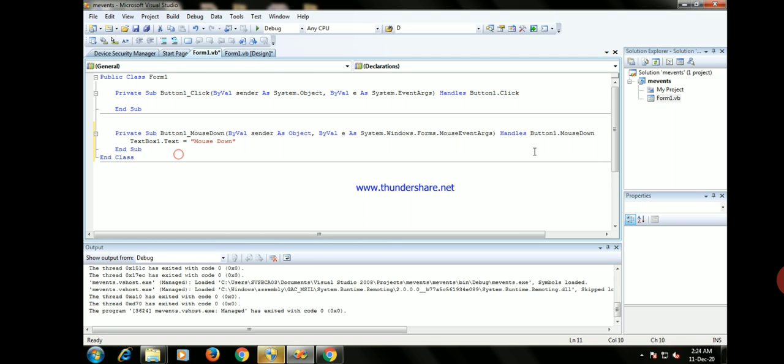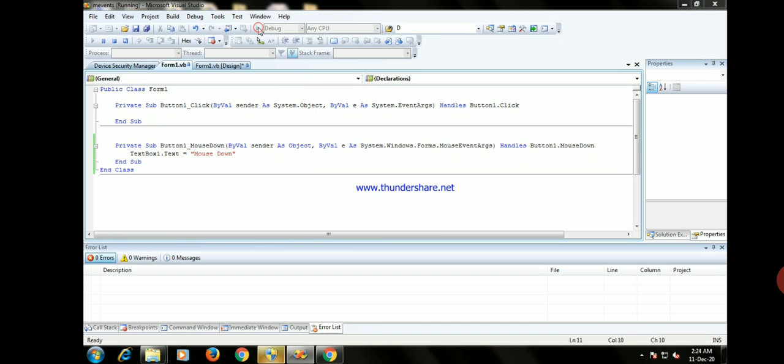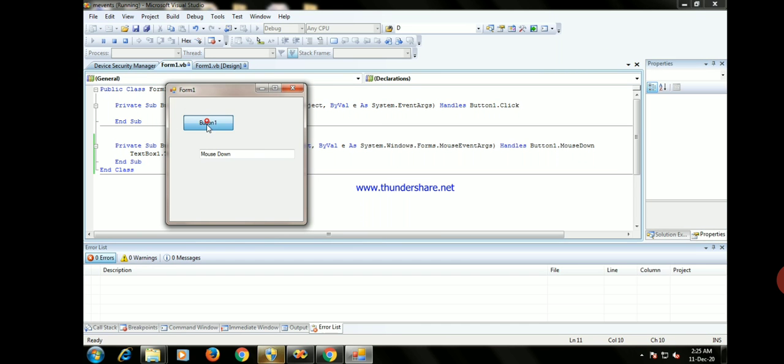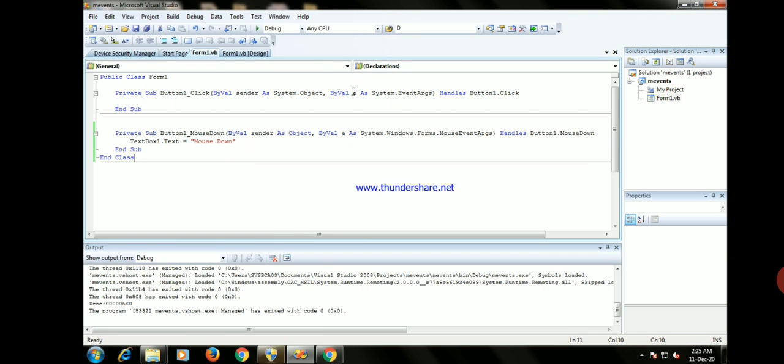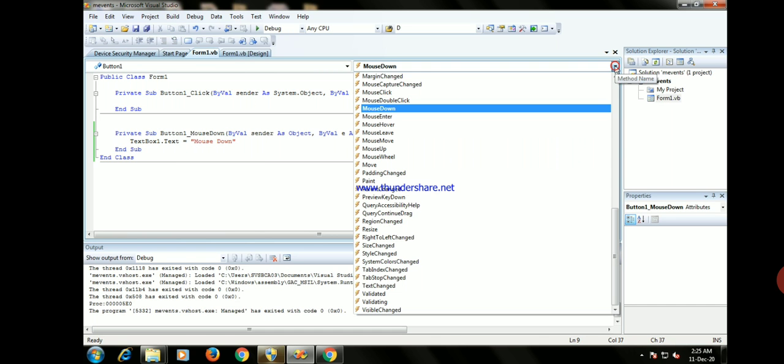Okay, so if you run this program, when you move your cursor on this button, it will show mouse down. So this is one event, mouse down event, and there is one more,